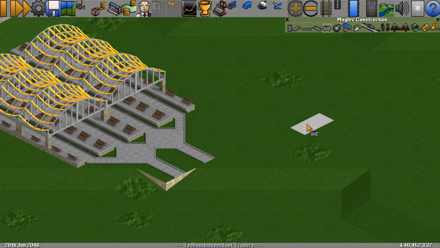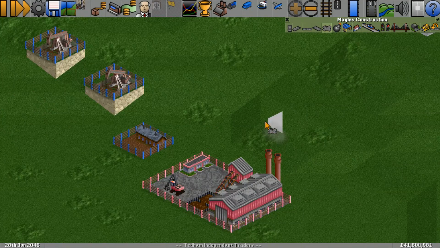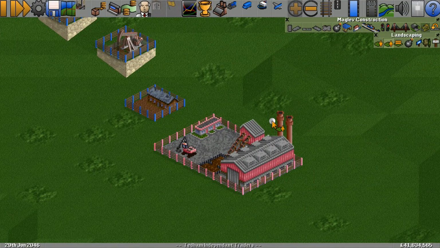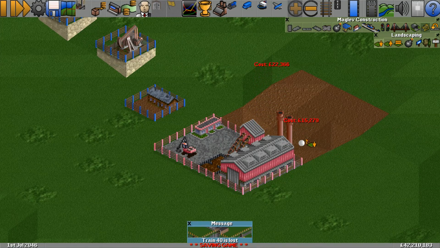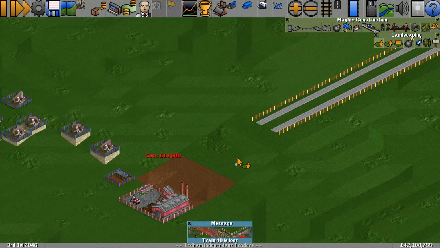There we go. And then we're going to come over here. We're going to need to go downhill. So we're going to just get the down tool by pressing, I think it's Q. Yeah. There we go. And is it this one? There we go. So we need to go down. We need to strip this